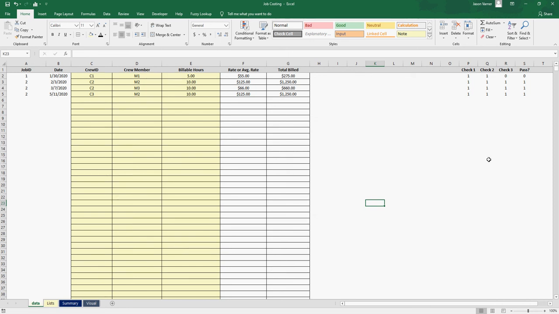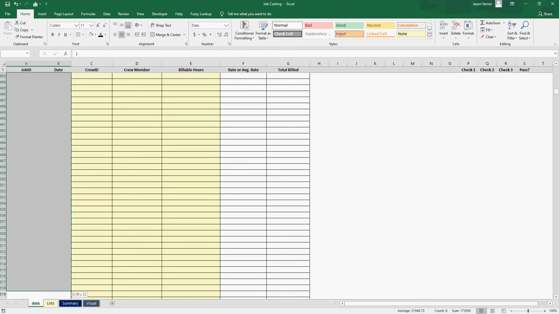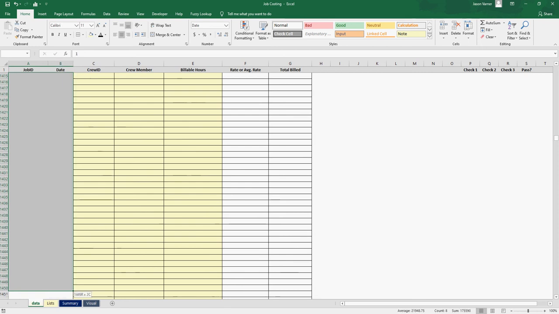I've got a smarthelping.com template for you. This is job costing. I try to make something that's super simple, pretty high level, but gives you some nice tracking if you're trying to see how much different jobs cost, who worked what hours on what job, how much was billed, how many hours, and the dollar amount based on billing rates. So first things first, we have our data entry here, and this goes down like 4,000 rows,